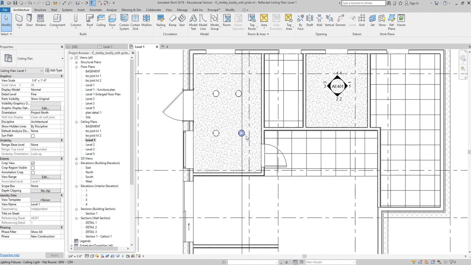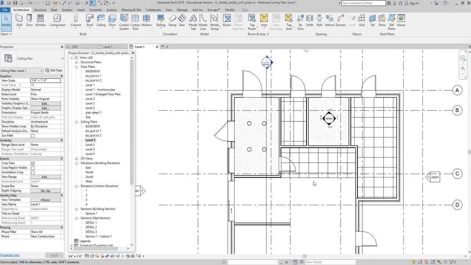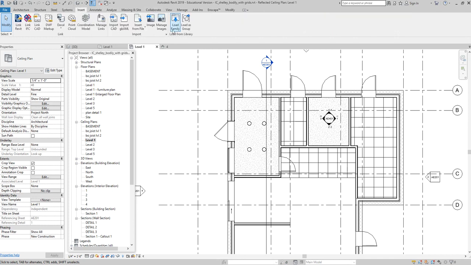That one didn't quite behave. There we go. Okay. And there's a lot of lights to choose from in Revit. And let me just remind you how you go and get lights. So if I go to Insert, Load Family,